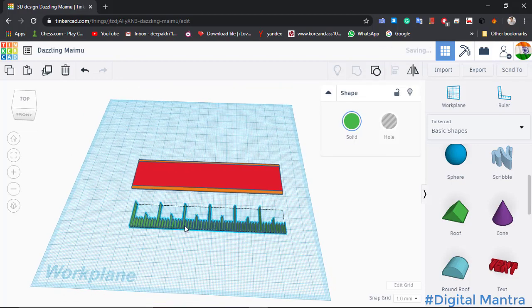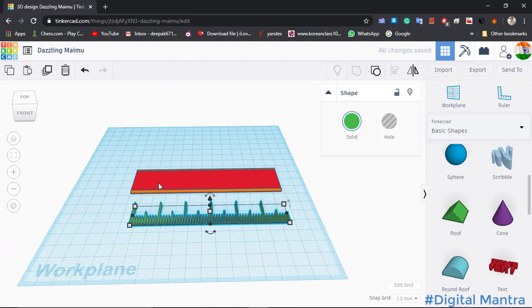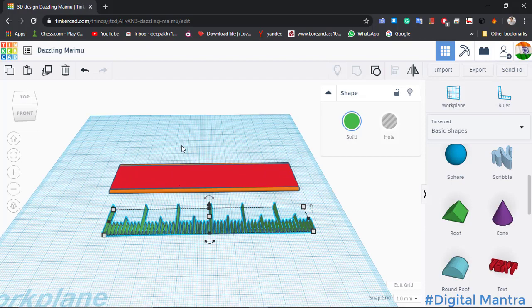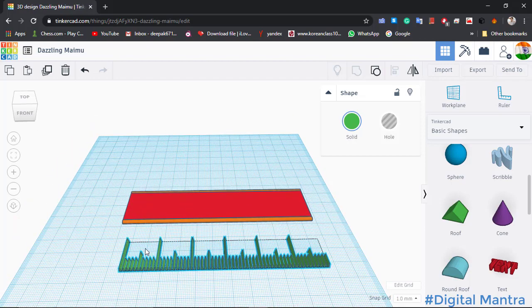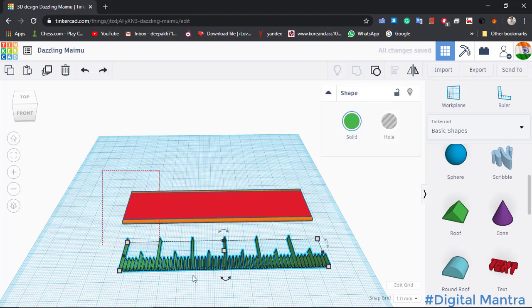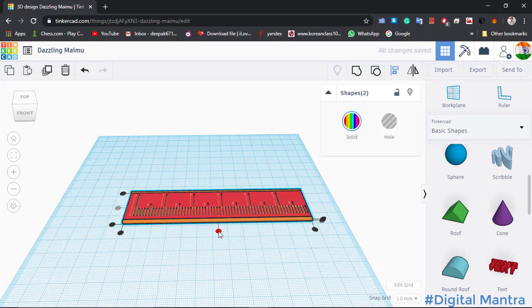Now our next work is only to put it on this cube type of structure which we have made, which will work as a base for this scale. So drag it. Okay, let us do one thing. Let's use the align function, then we will get our best picture at this moment. So select this, select center, select here center. So we have this type of figure.